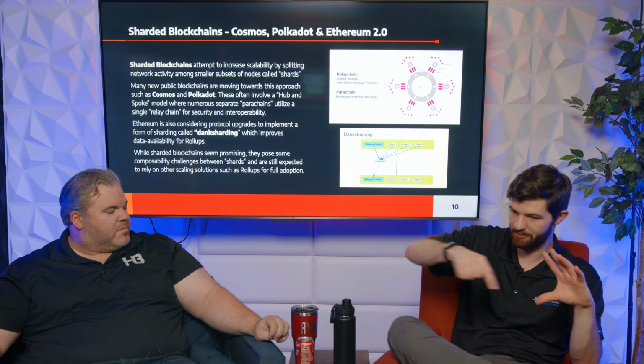And there's also still this question of, if you have a sharded blockchain here with a smart contract that wants to talk to a smart contract on this other sharded blockchain, you have to now pass messages back and forth or maybe use the relay chain. So there's some limitations that get introduced there.